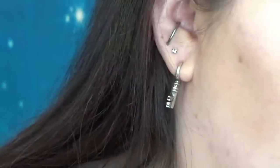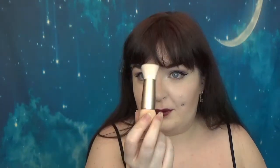Right, let's zoom out. Overall I can give you my verdict on this kit already, which is it's not, for all that the price looks really good and the quantity that you're getting compared to the Kim Kardashian one is much better. I don't like the blending tool. I felt like it was too flimsy to blend and this was too stiff, and it felt like the foundation was getting rubbed away. I did like the contour stick,